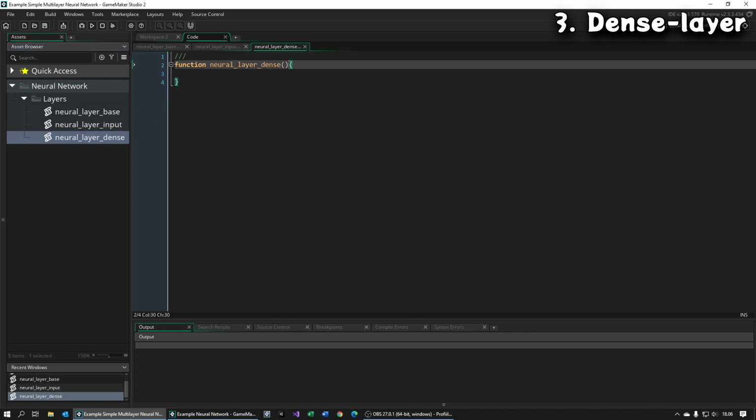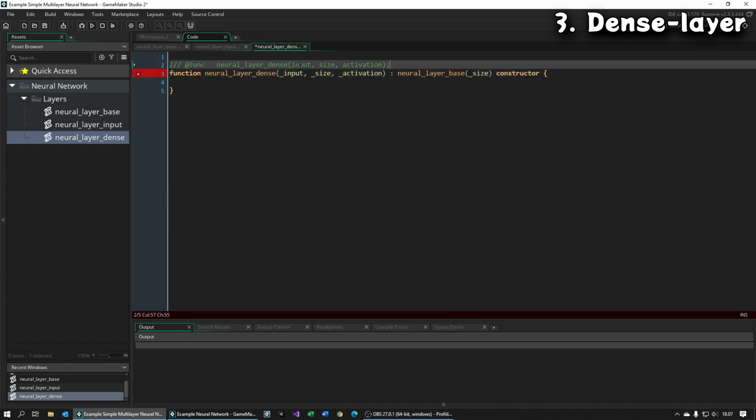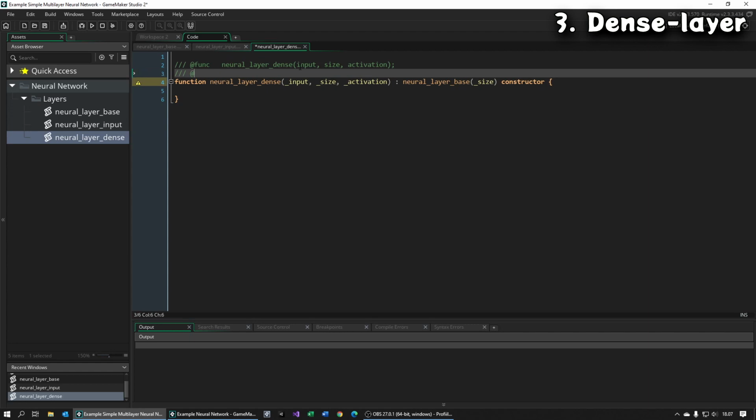The second type we make today is the dense layer, which is also known as a fully connected layer. You can imagine that all neurons are connected to every previous neuron, where the name comes from. These connections are called weights because they put different weight upon the same signal. So in this layer, neuron activity is calculated as weighted sums of the previous layer. Activity is further modified by an activation function and bias.